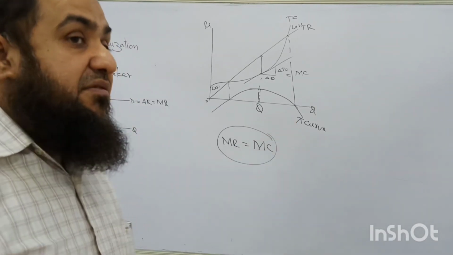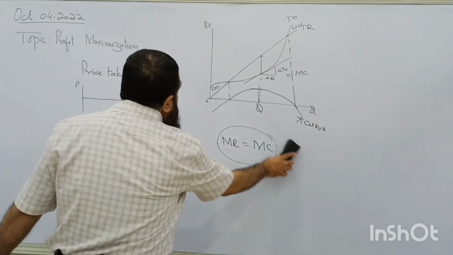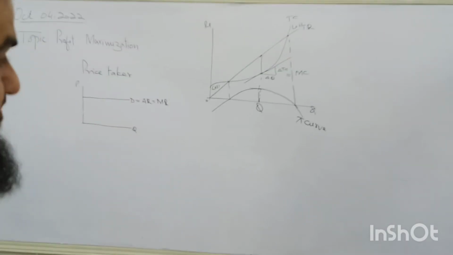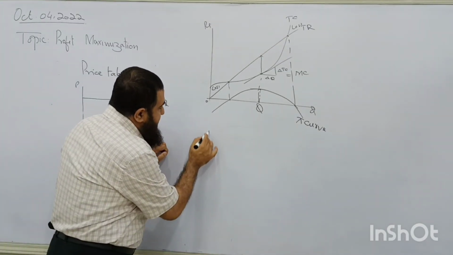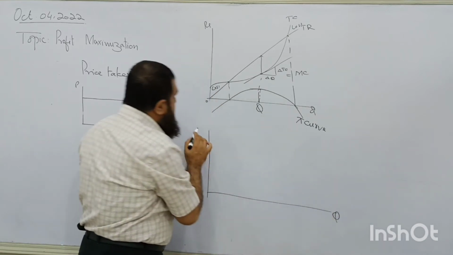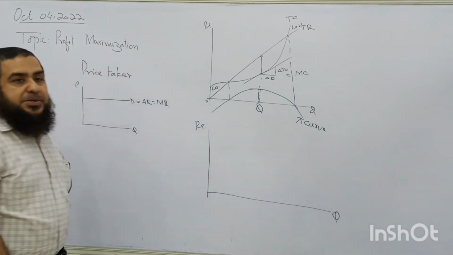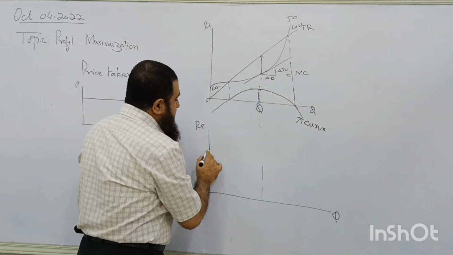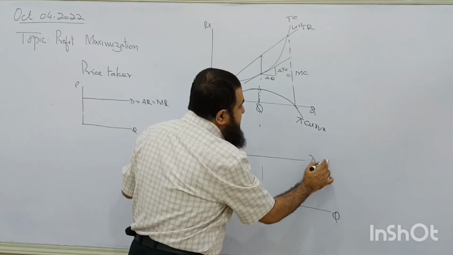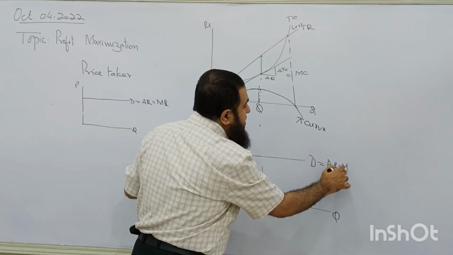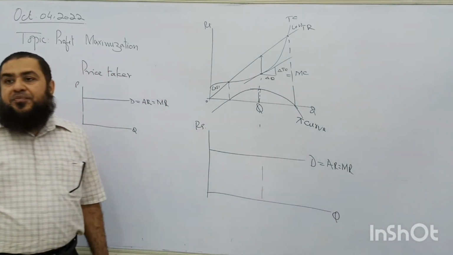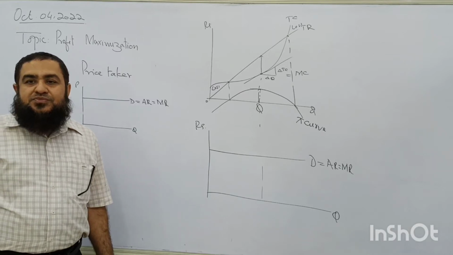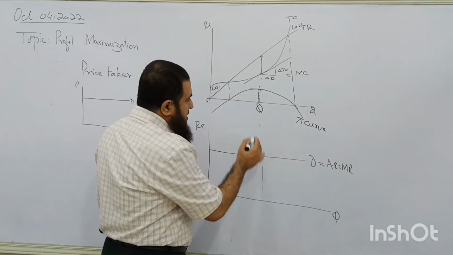अब मैं इसकी दूसरी एवरेज वाली डायग्राम बनाने लगा. कौन सी? ये जो इधर बनी हुई है, इसको आगे लेके चलते. देखिए इधर, ये कौन सी फर्म है? प्राइस टेकर. अब ये हमने लेवल ऑफ आउटपुट शो करना है. This is a demand curve which is equal to average revenue and marginal revenue. Do you remember the shape of the marginal cost curve? Anyone remembers? मैं याद रखता हूँ, मेरे काम में.